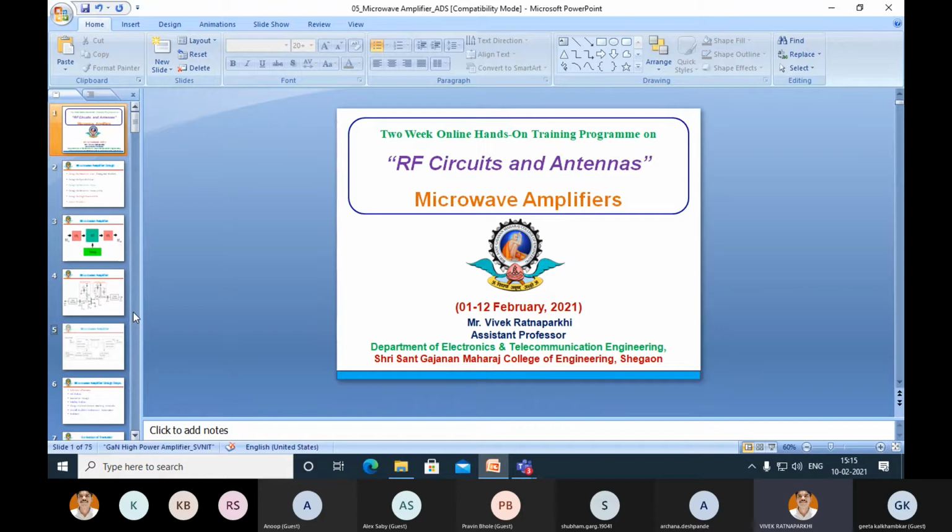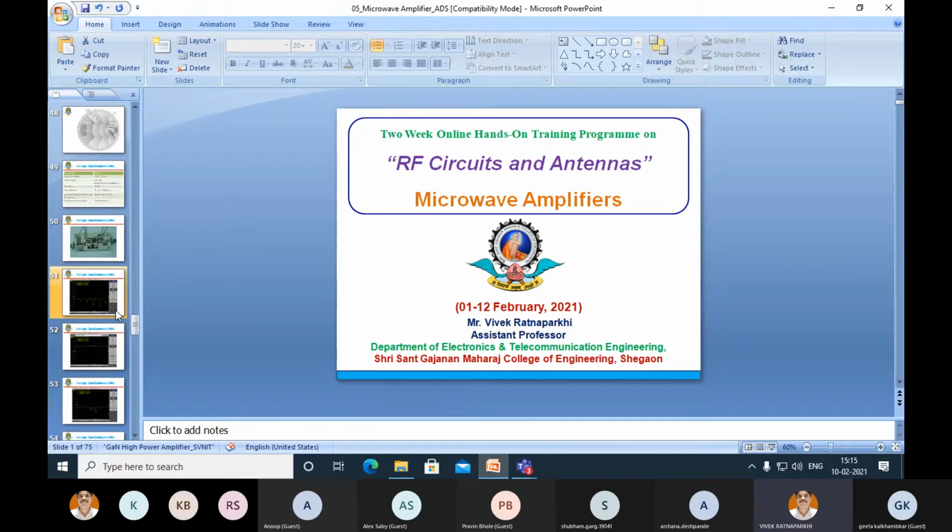Once we finish our first session for today, later on we are going to a very important topic which is of interest to many of our participants, that is the microstrip patch antenna. So keeping that in mind, now I will demonstrate the important steps and a few important examples which I have completed for the power amplifiers.